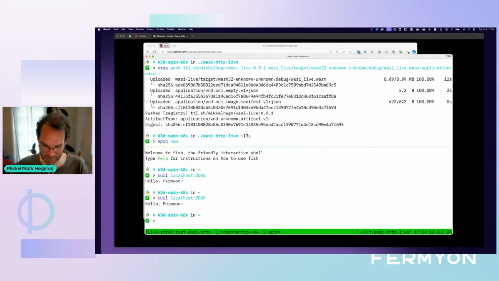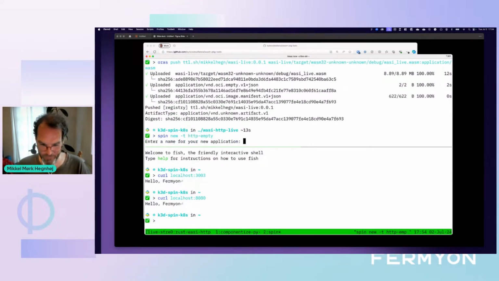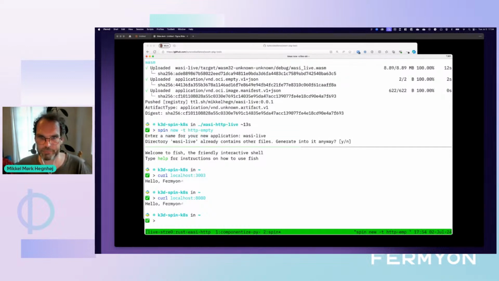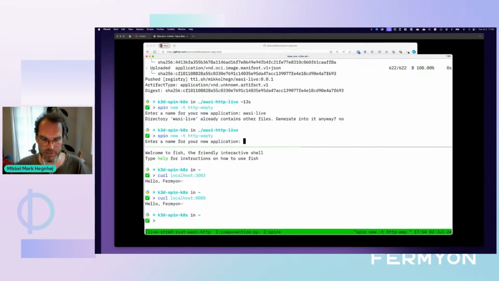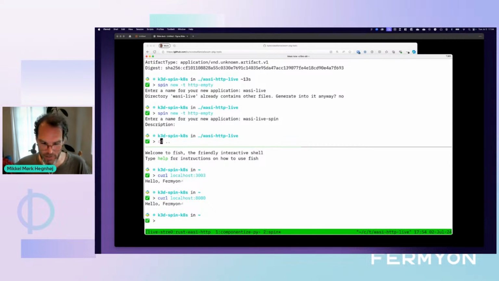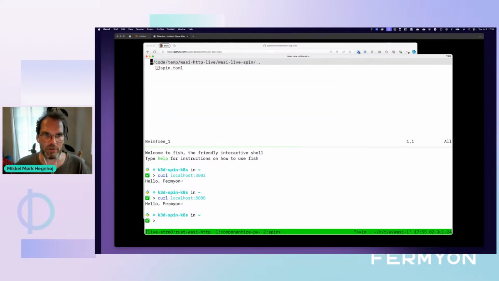So let's do a new Spin application, and let's use the famous empty template. Let's call this WASI live. I'm not going to call it WASI live because that already exists. So let's call this WASI live spin. There you go. And we should now have a WASI live spin directory. And if we go in here,